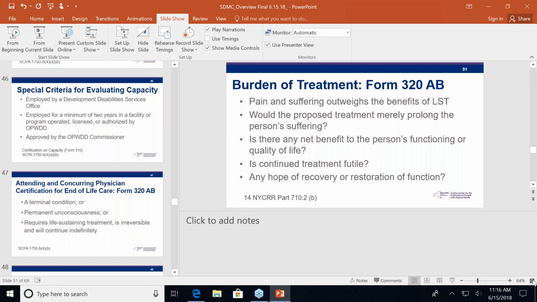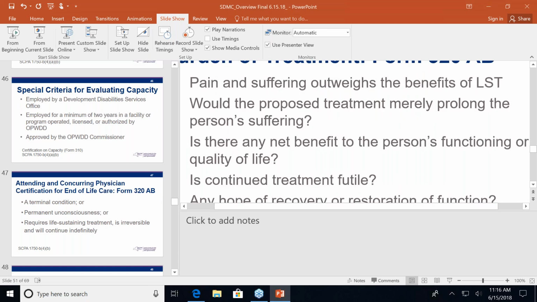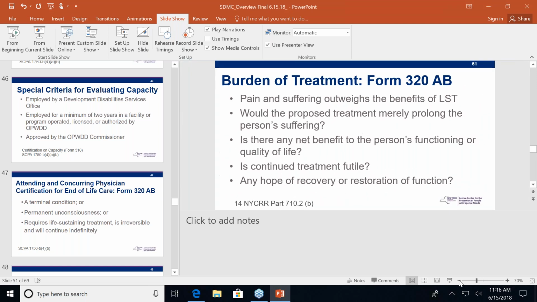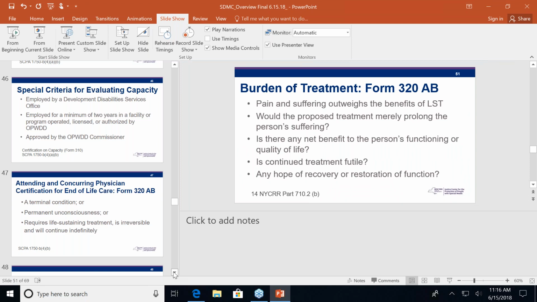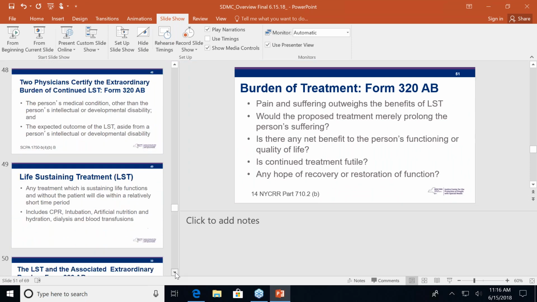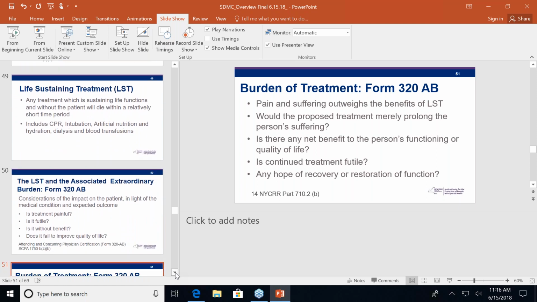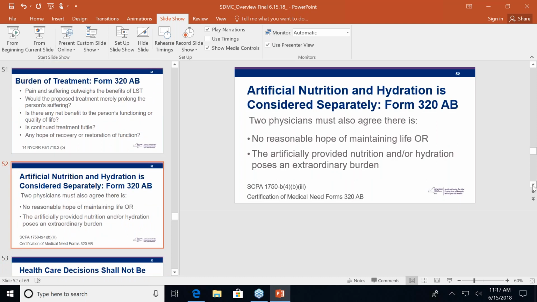It's not going to solve the underlying problem that resulted in their condition and in being placed on the ventilator. So that's really what we're looking at in terms of the burden of treatment. There's also sometimes we've had situations where the burden of treatment has been supported by the physicians and the residential providers explaining that if the individual, after they've been on a ventilator for more than 2 weeks, the decision to